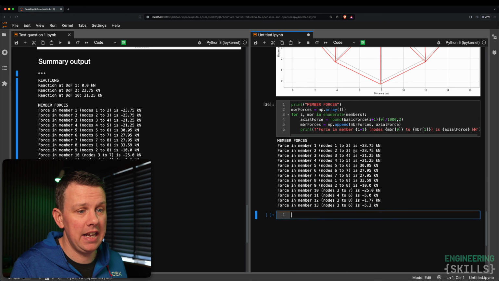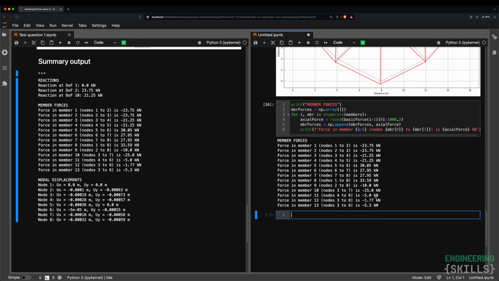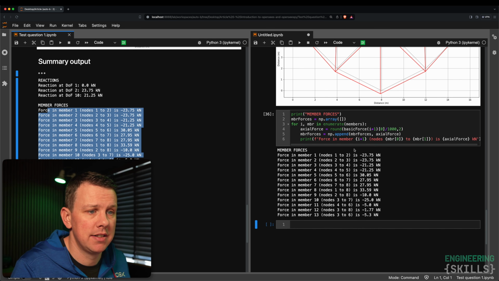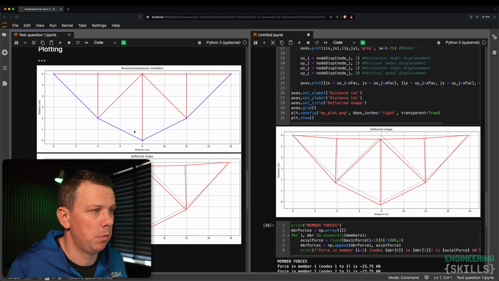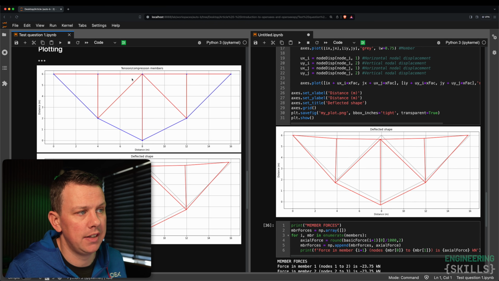So there is the axial force for each of our members, and sure enough, as we would expect at this point, it's in perfect agreement with our code on the left, where we did the complete analysis step by step ourselves, rather than relying on OpenSees. So I mean that's it. You could go ahead and plot this diagram next. I won't do it now because it's pretty trivial,